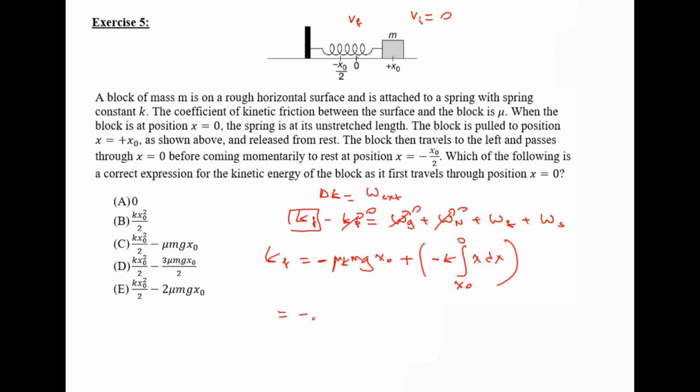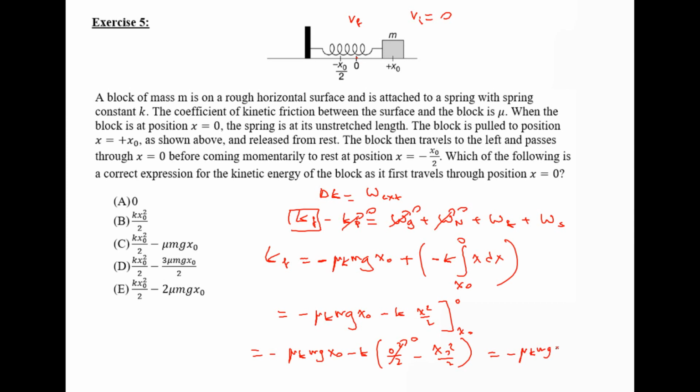Now that would be minus mu k mg x0 minus k as a factor, x becomes x squared over 2 from x0 to 0. Now that would be minus mu k mg x0 minus k as a factor. Now 0 to the power of 2 divided by 2 minus x0 squared over 2. So that would be 0. Minus with minus gives you plus. So that would be minus mu k mg x0 plus k x0 squared over 2, which makes C